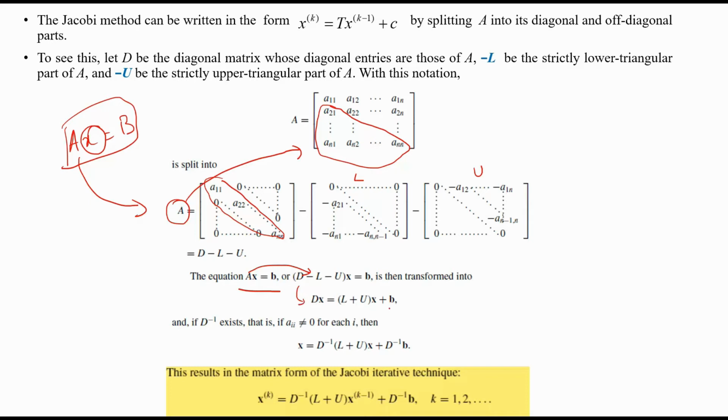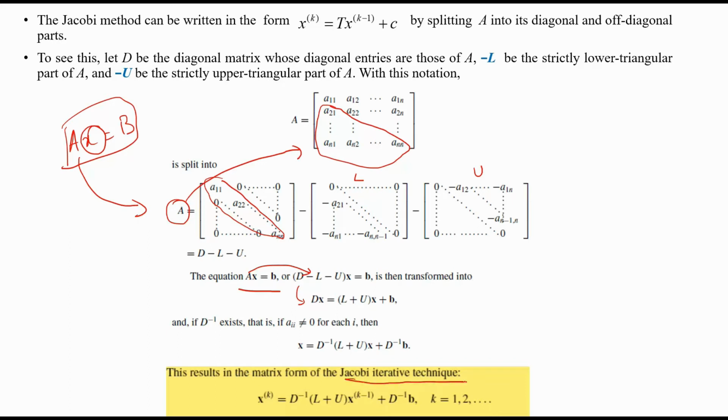And if D inverse exists, and if a_ii is not equal to 0, then what I can do? I can write X equals D inverse into L plus U into X plus D inverse into B. So this results in the matrix form of the Jacobi iterative technique.